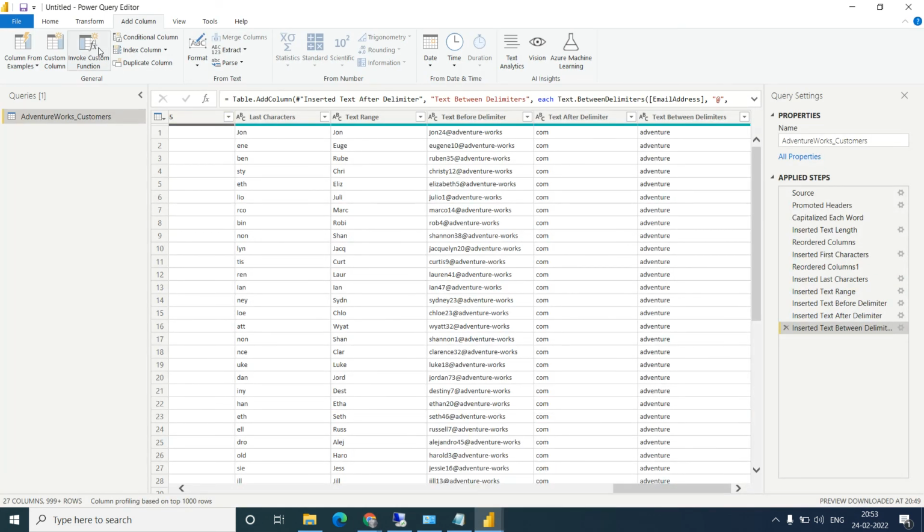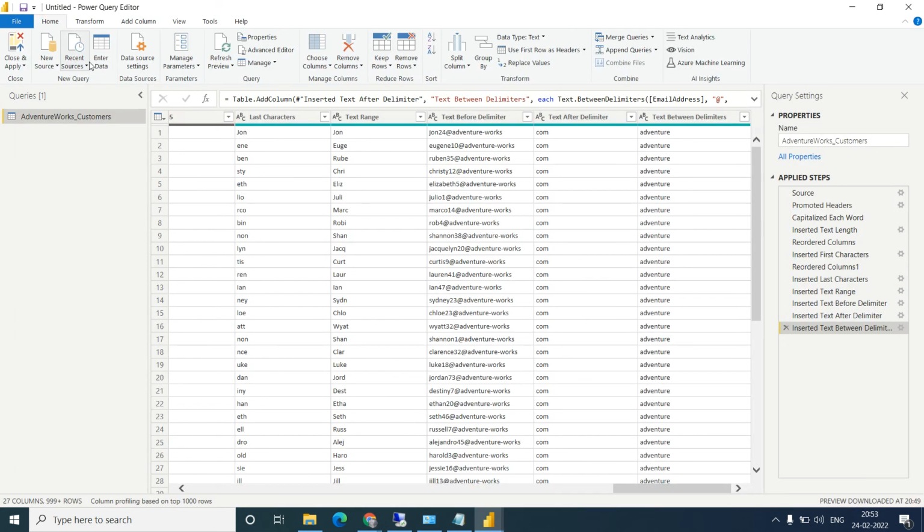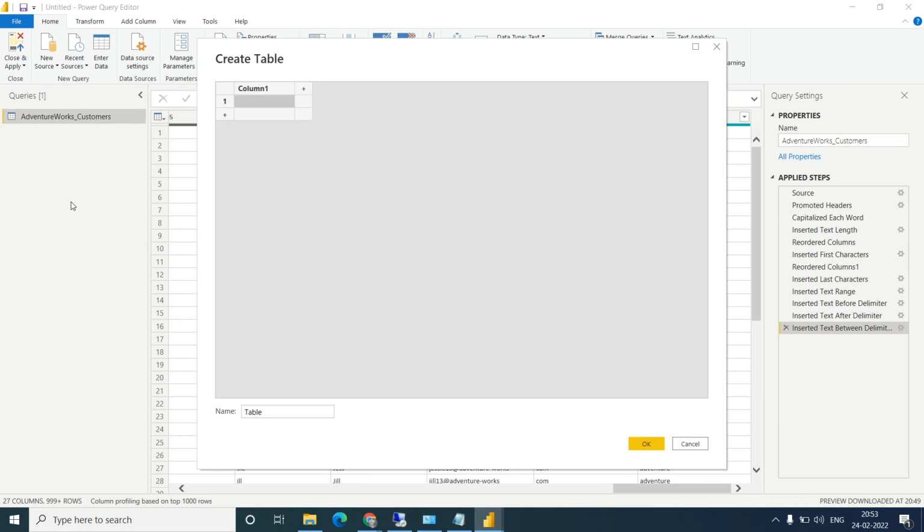Go to Home, Enter data. There is some static data you can use. In Enter data, I will add this JSON data into one column. I am adding the data as JSON, and just click OK.